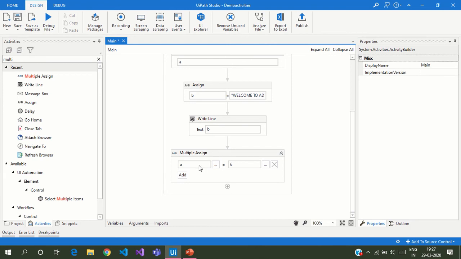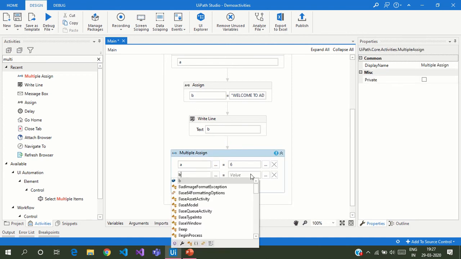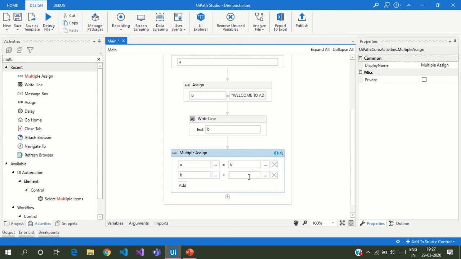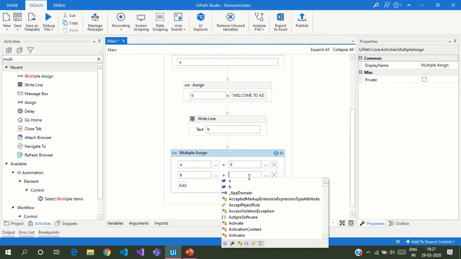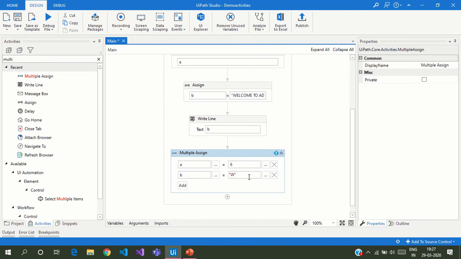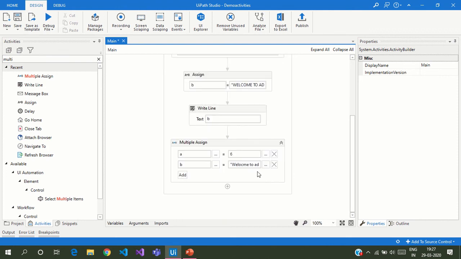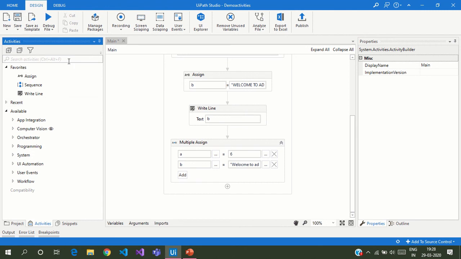If you want to create another assign, you can add it here. Welcome to Aditya Learnings, and these are the two multiple assigns added here, and we will see by using a write line.